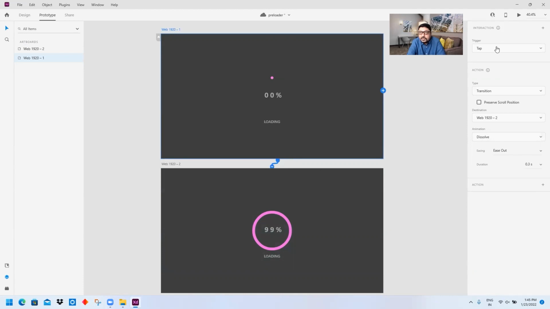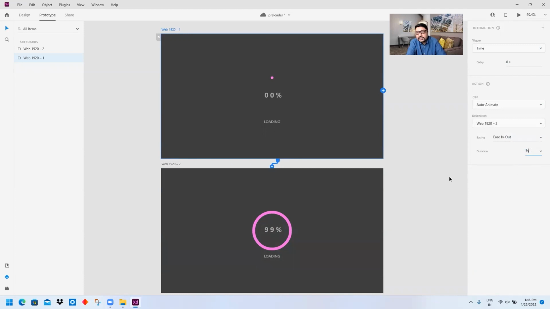Okay, from the tab, change it to time. Give it a spacing of 0.5 seconds. Change this transition to auto animate. In the easing, click over here and choose ease in and out and keep the duration to 5 seconds.